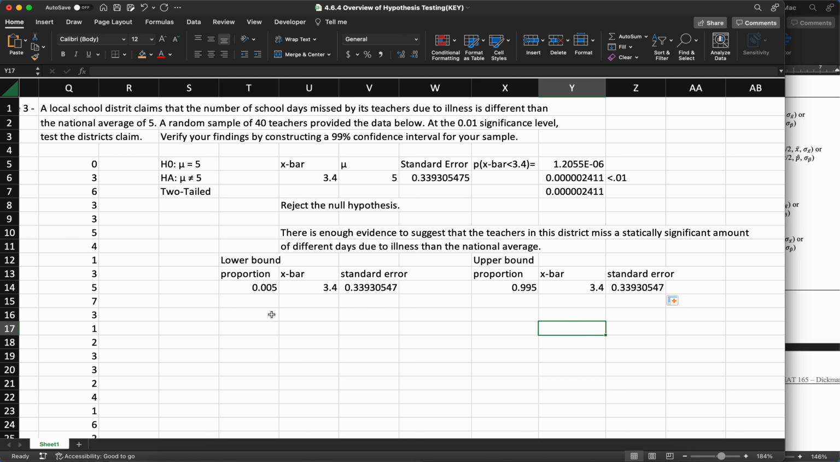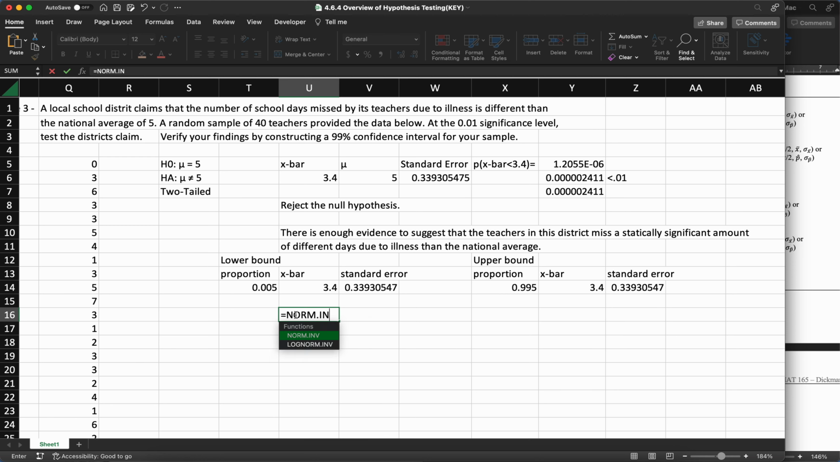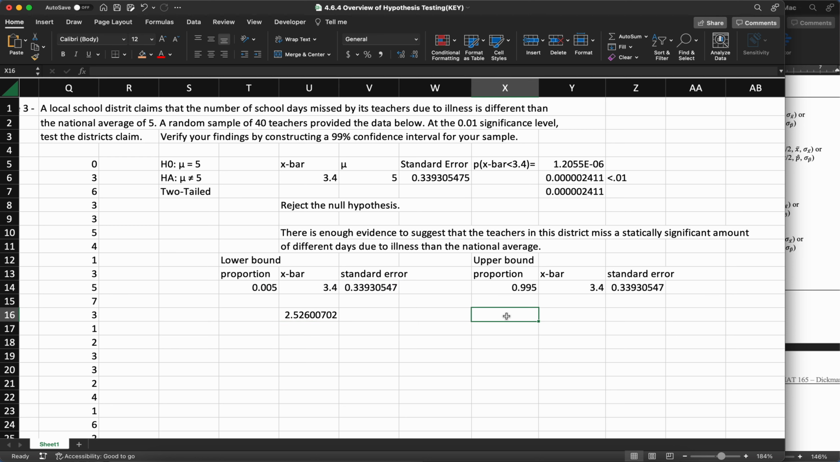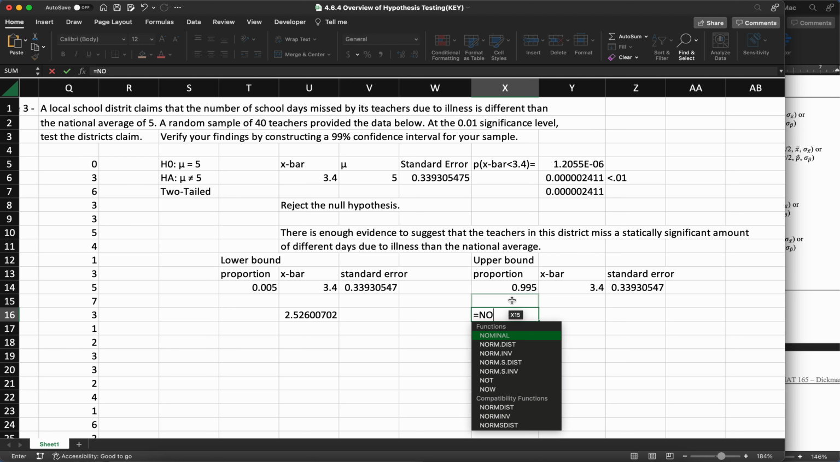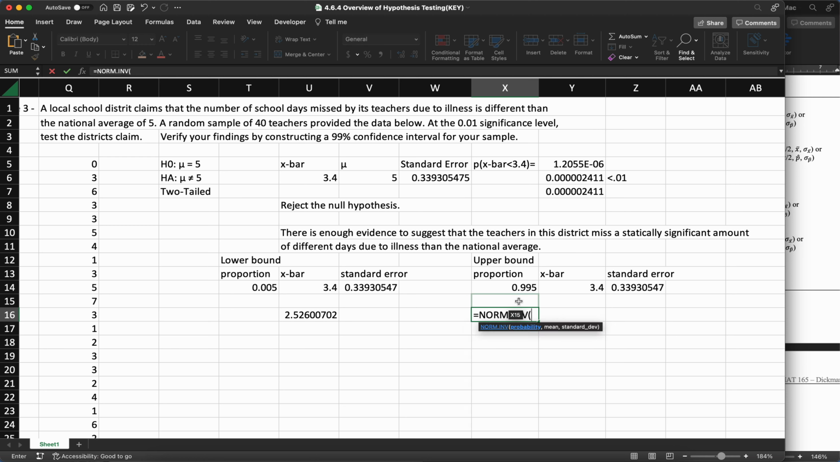And so now, to find the lower bound, I'm going to use my norm.inverse function. And it's just a straight shot: proportion, comma, mean, comma, standard error. There's my lower bound. My upper bound is going to be norm.inverse, proportion, x bar, standard error, and there's my upper bound. So my confidence